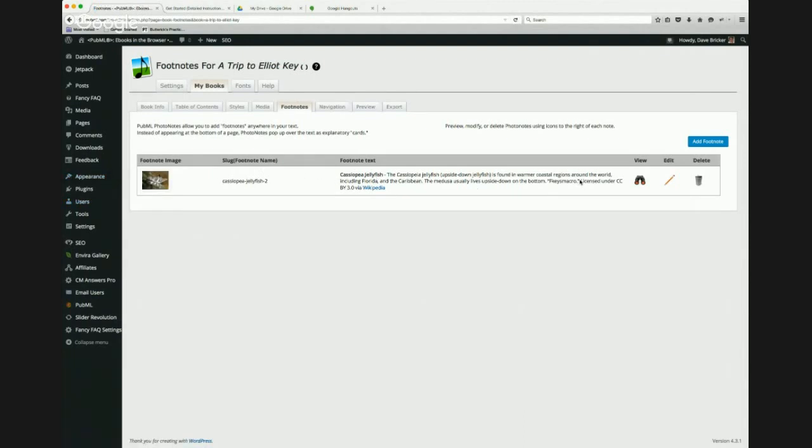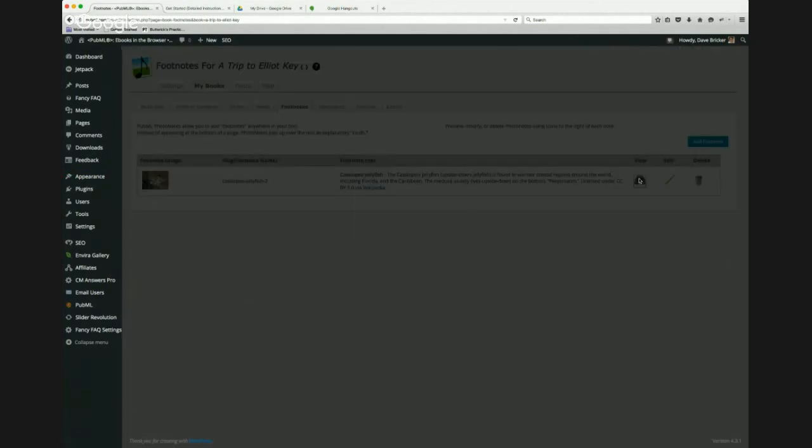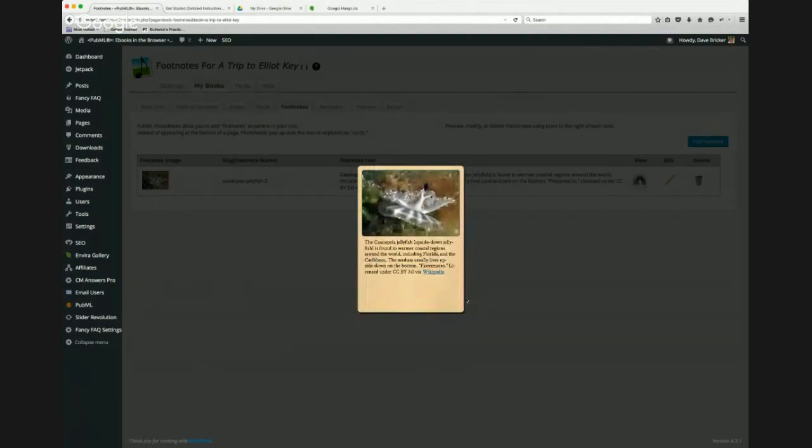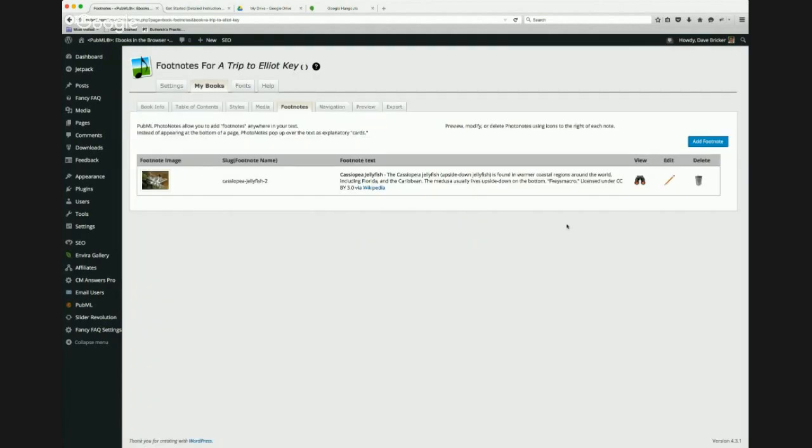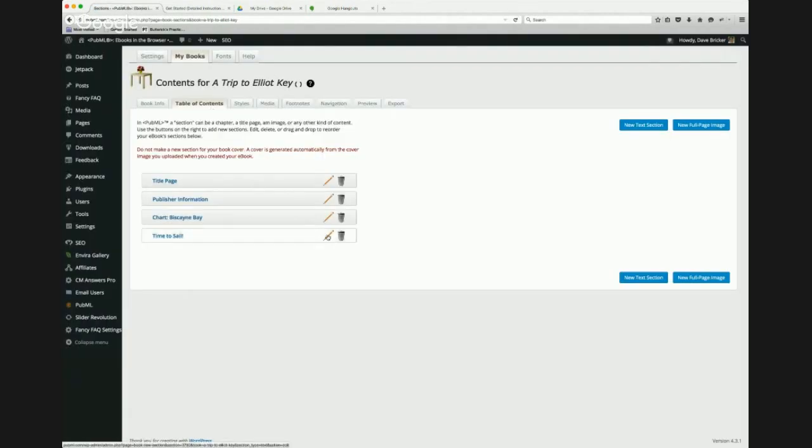all ready to go. If I want to preview that footnote, I can click and it actually previews the footnote here in the tool, so I can see that it makes a nice little pop-up card that I can add to my book. I can edit it, I can delete it, and if I go back to my table of contents, and I edit the Time to Sail chapter,